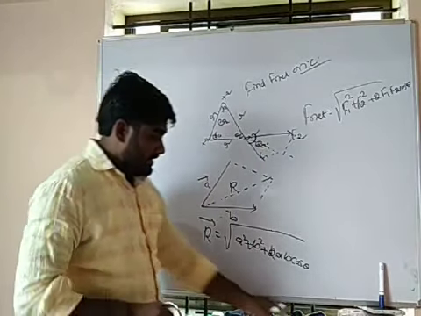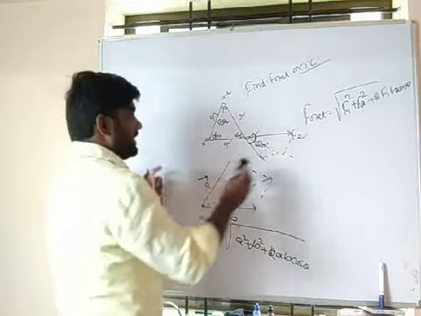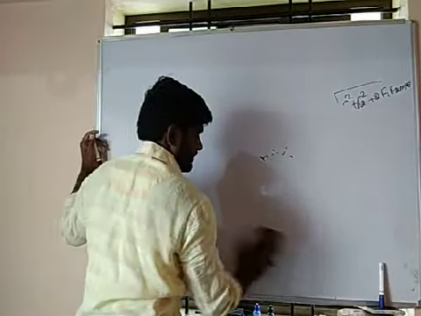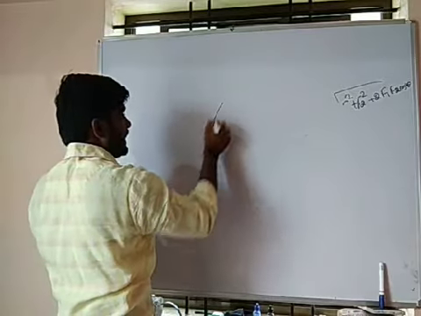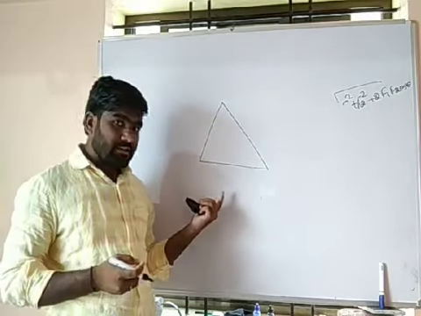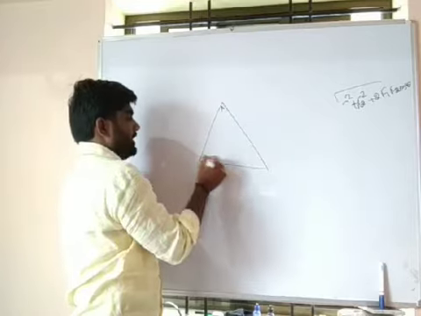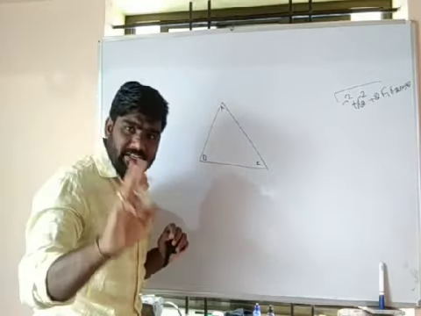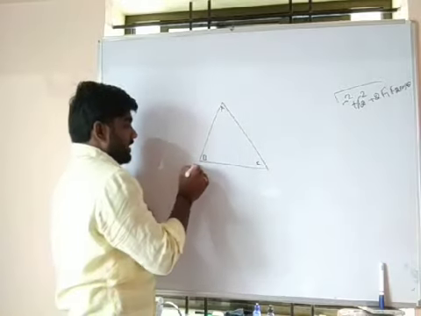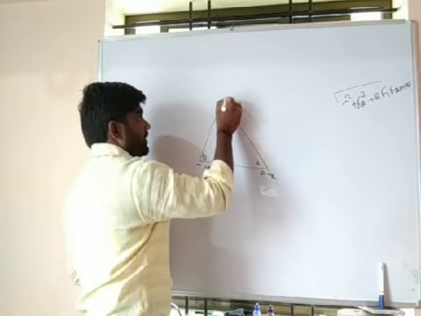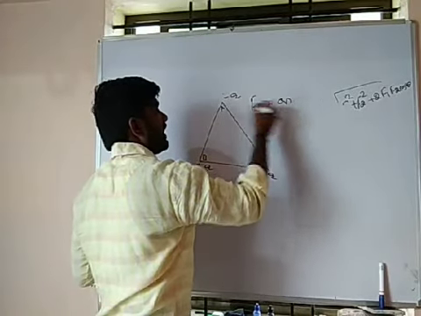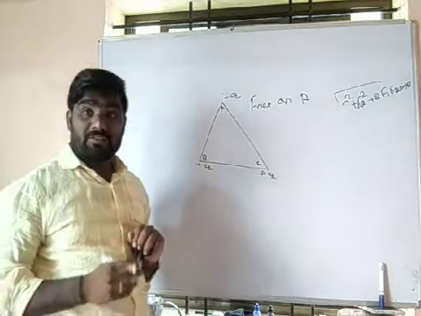Then if there are 3 point charges, instead of all 3 being positive, I am taking a negative charge over here. Same, ABC is an equilateral triangle. Instead of all 3 point charges being positive, I am taking one as a negative charge. How to solve? See here, plus Q. Here I am taking minus Q. Find F net on A. How can F net on A be calculated?